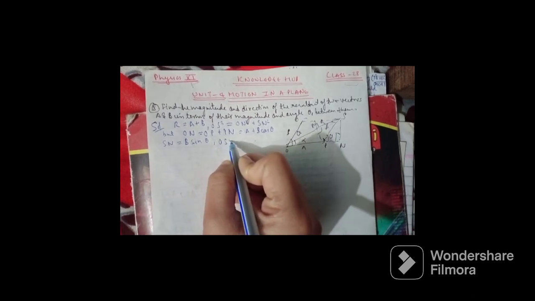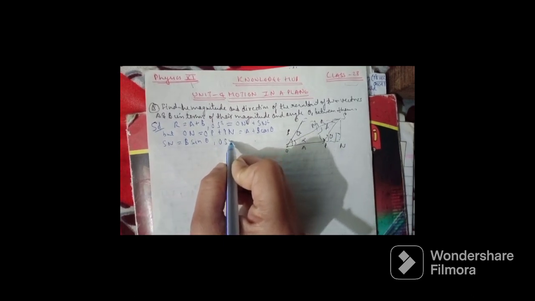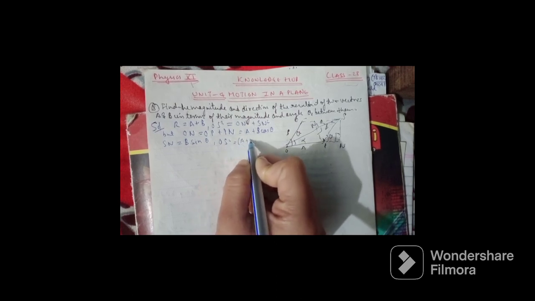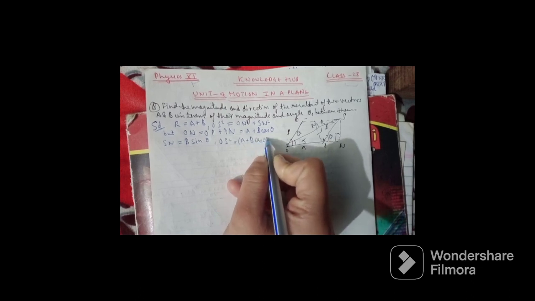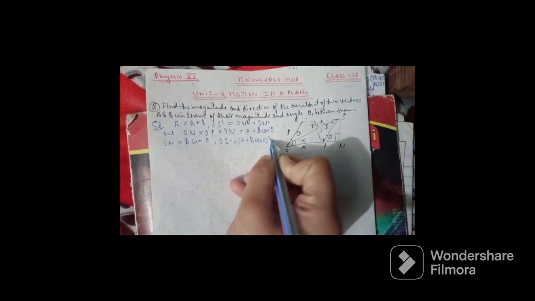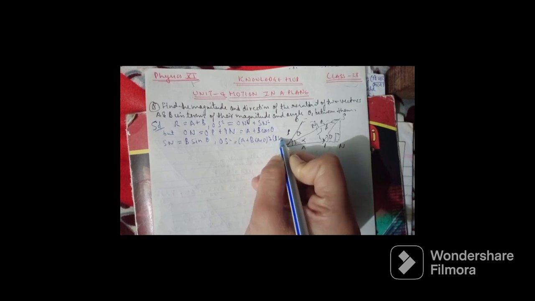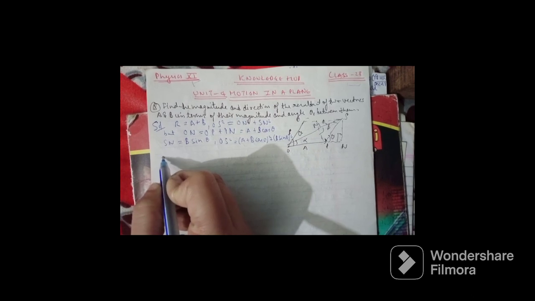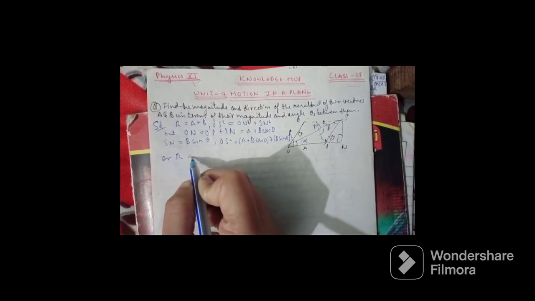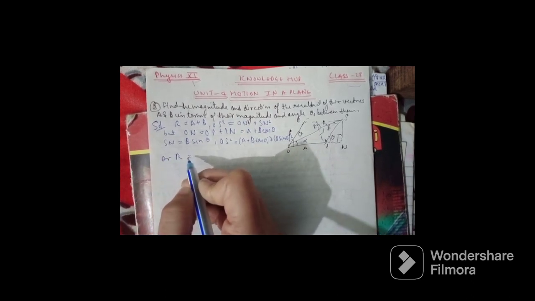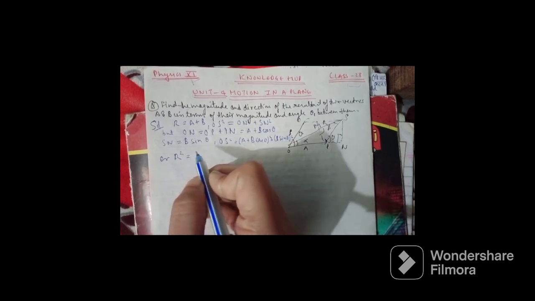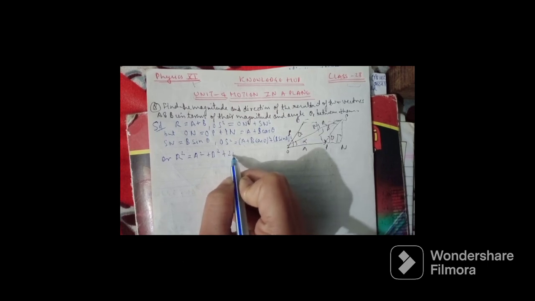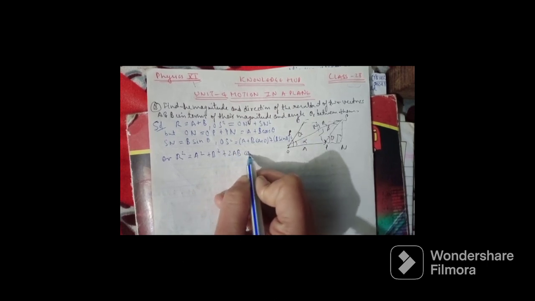OS square equals (A plus B cos theta) square plus (B sin theta) square, or R square equals A square plus B square plus 2AB cos theta,